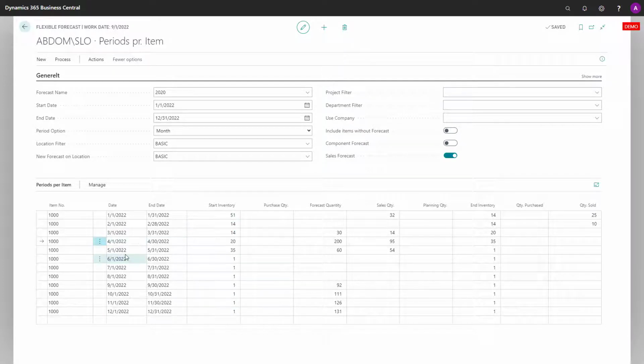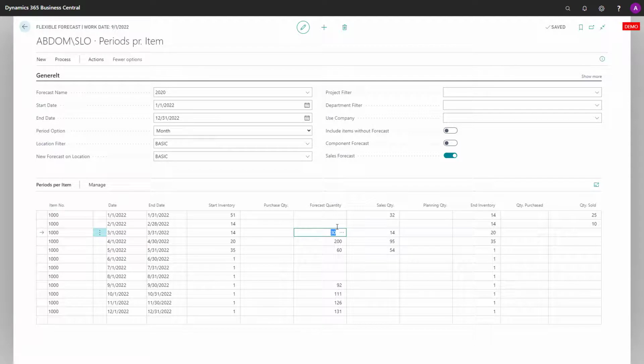So if today is somewhere in May, this will all be history to begin with, and then the end will be the future expectation based on open sales orders and forecast. Then you can see the purchase quantity. If you have purchased this item... this is not a purchase item, so I would expect in the hidden columns of production quantity to see a lot in here. But if you have purchase quantity, you could see it here, and you can drill down on that.